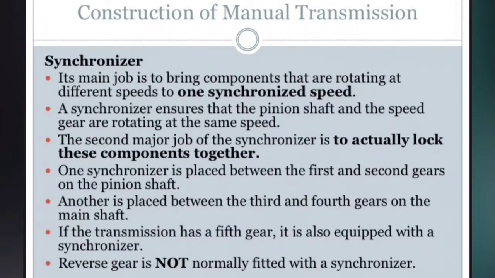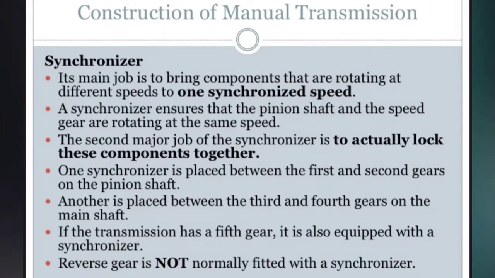And the last, construction of the manual transmission: the synchronizer. Its main job is to bring components that are rotating at different speeds to one synchronized speed. A synchronizer ensures that the pinion shaft and the speed gear are rotating at the same speed. The second major job of the synchronizer is to actually lock